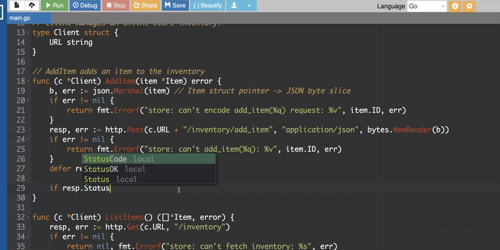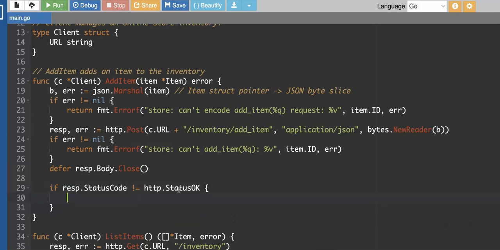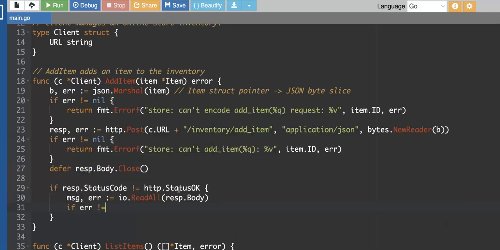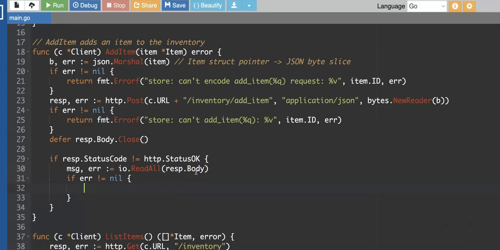If response.StatusCode does not equal http.StatusOK, which is the 200 status code, we want to try to read the response body, try to parse the response body, and see if we can provide more context that we can inject into the error message. So message, error equals io.ReadAll, pass it the response body. If error does not equal nil, it means that we cannot parse the response body and we just return a very vanilla error message. So if error does not equal nil, we return fmt.Errorf,